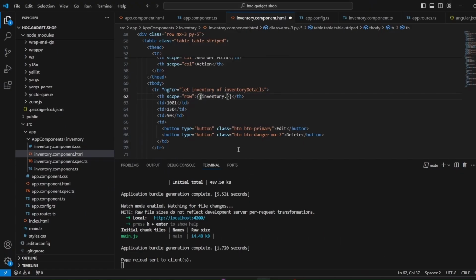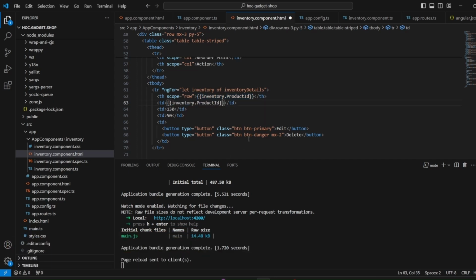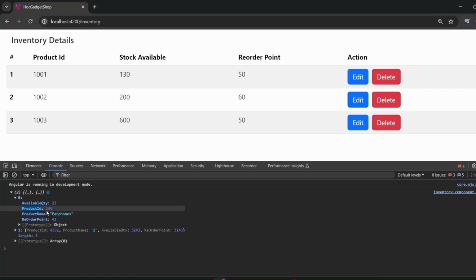So we'll just map it. And after this product ID, we can bind the product name as well. And then we have availableQuantity with a capital A. So you have to make sure that whatever property name you are giving, it is exactly matching with whatever data you are getting over here, because this is the response from the web API and it is there in your inventoryDetails object.